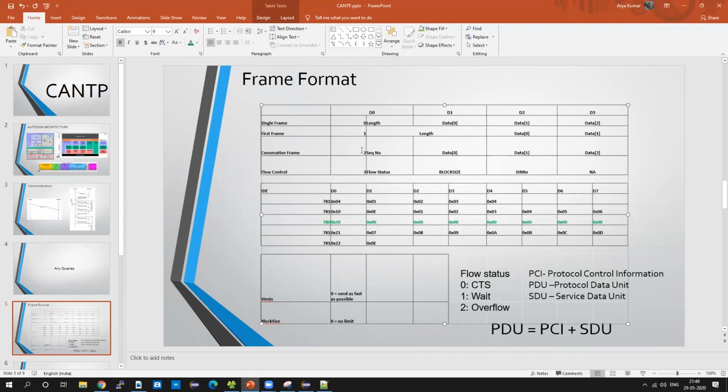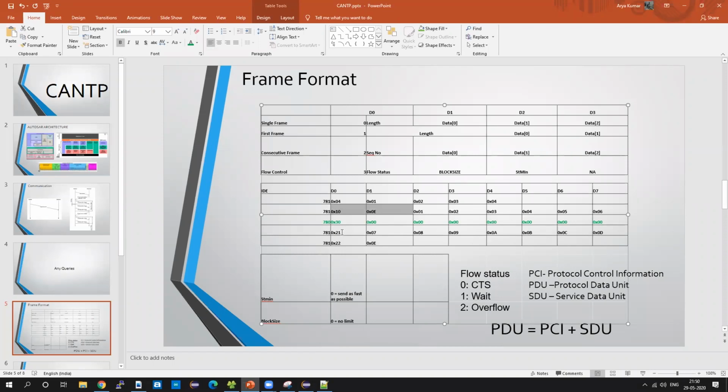In the consecutive frame, the ID is 2 along with the sequence number. In this example, we first sent the data. Here we have put the length, and here the data which we want to send. The receiver has sent the flow control, and after the flow control, the sender will send the remaining chunk of data. It will continue from 6 7 8 9 10.